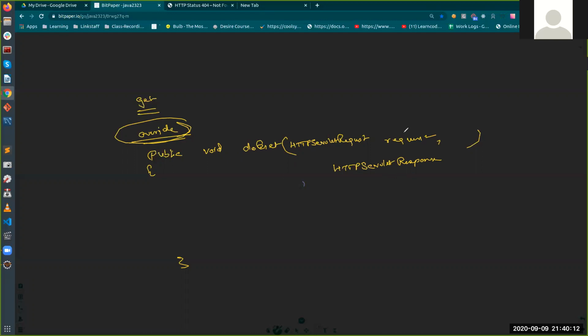So now this will get the request. It will get all the information about the request, right? And this is going to get all the information returning to the client in the form of response. Anything to be sent back to the client will be the response, and anything sent from the client will be inside the servlet, right?